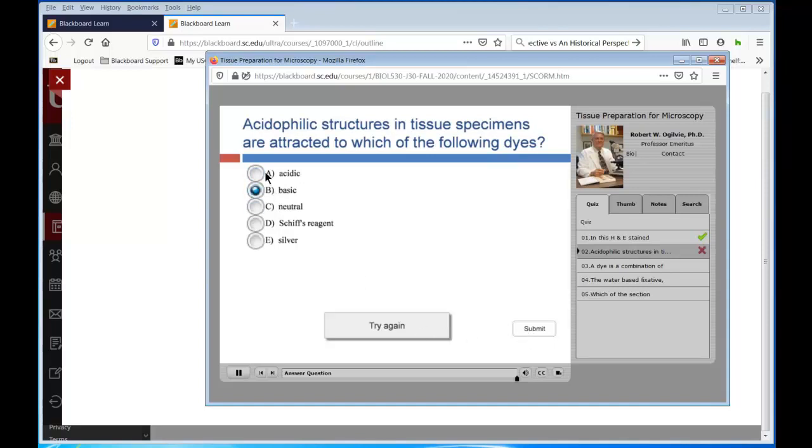So I try again, put acidic, and then, so you have to answer every question correctly. And then when you get to the very end, you'll hit submit, and then you'll come out of this, and it'll be a check mark, and I will know that you've actually gone to the lecture and answered all the questions successfully and submitted it. Now, I don't give you any points for this, but I do check